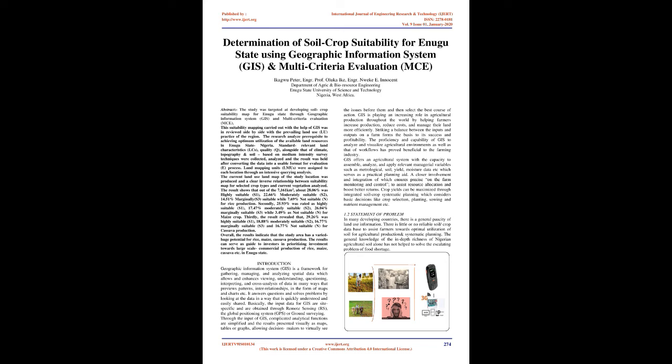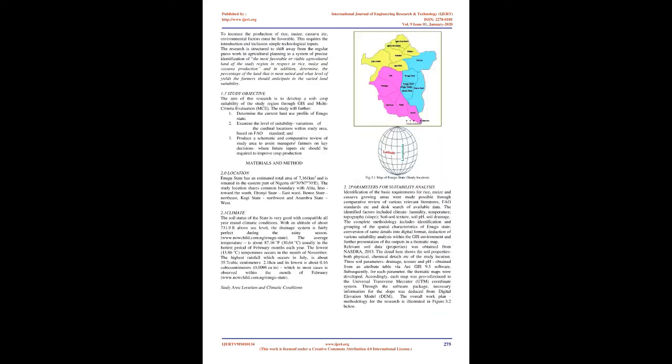and enhances viewing, understanding, questioning, interpreting, and cross-analysis of data in many ways that preview patterns and interrelationships, in the form of maps and charts, etc. It answers questions and solves problems by looking at the data in a way that is quickly understood and easily shared. Basically, the input data for GIS are site-specific and are obtained through remote sensing, RS, the Global Positioning System, GPS, or ground surveying. Through the input of GIS, complicated analytical functions are simplified and the results presented visually as maps, tables, or graphs, allowing decision-makers to virtually see the issues before them and then select the best course of